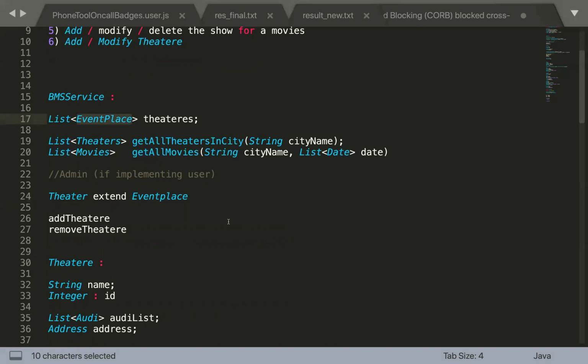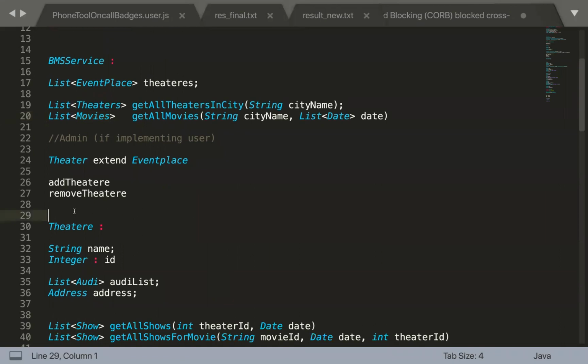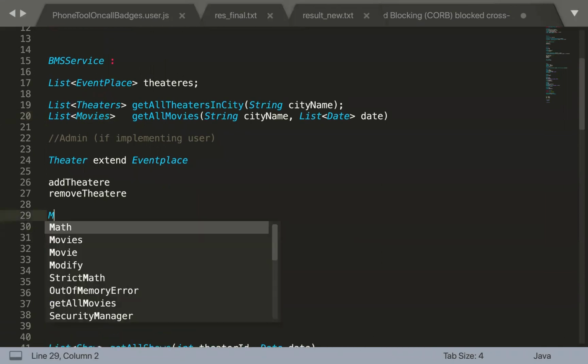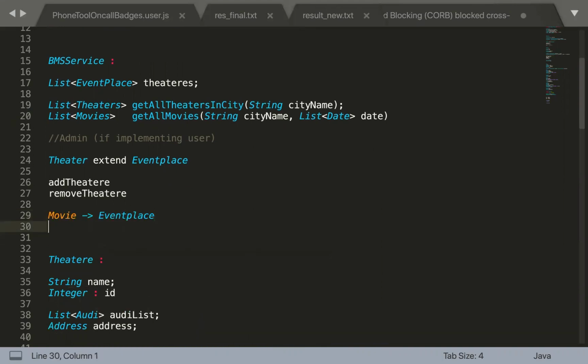Because now you can have multiple different types of things here. Now, instead of this movie, probably you can have some generic classification, right? Here you have movie, then you can replace it with event. Movie can be replaced with event, and theaters can be replaced with event place.